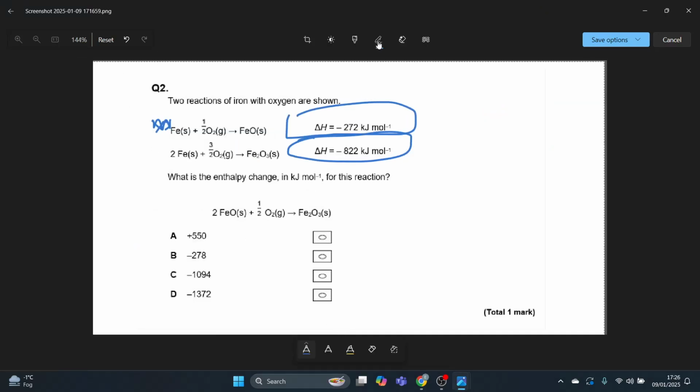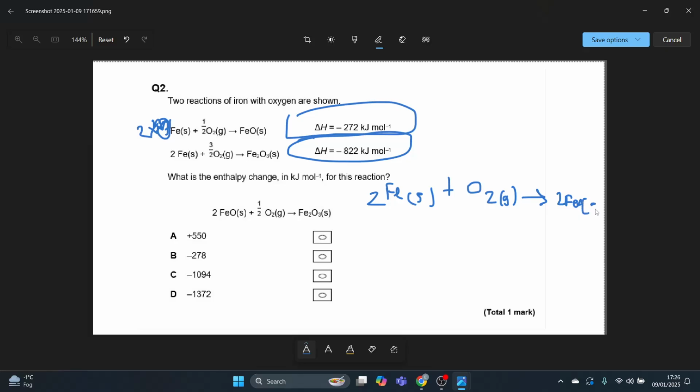Question 2. What is the enthalpy change in kilojoules per mole for this reaction? You can see I've done a bit for it. I was struggling with it. What we need to do though is manipulate the reactions. So how would we do that? Well, if we multiply this first reaction by 2, what will we get? We'll get 2Fe solid plus a half times 2, so it's just going to be O2 gas, arrow